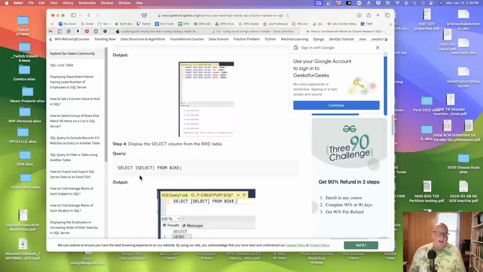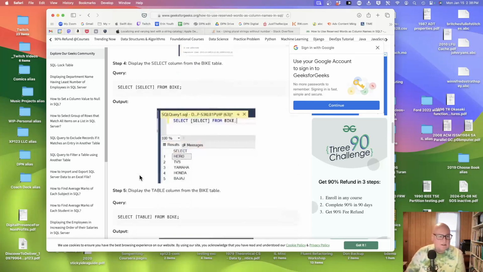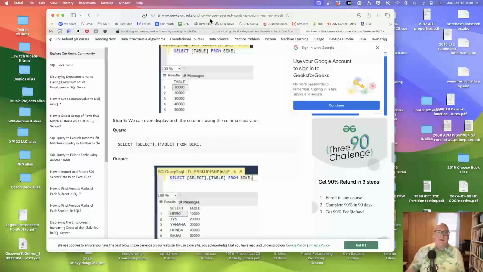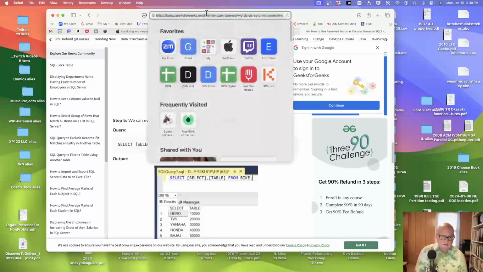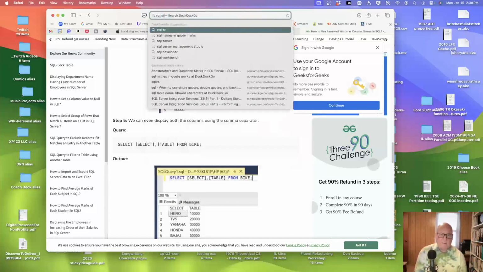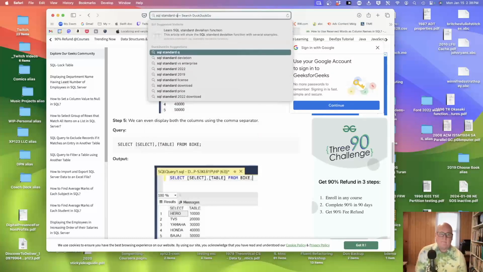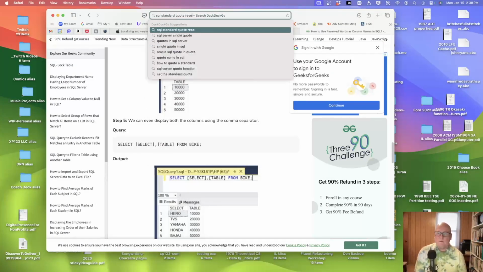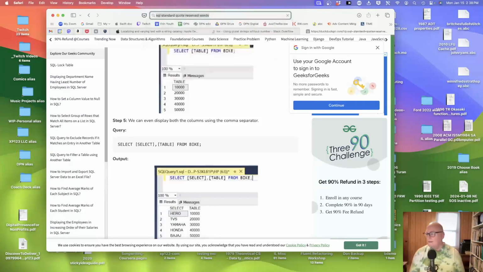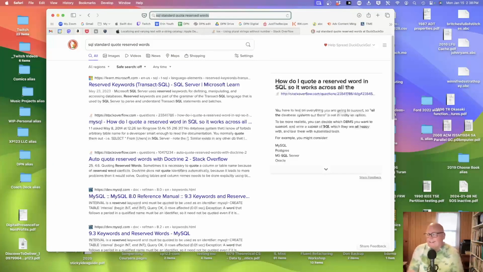Oh, you can put them in brackets. Yeah, that's true too. Well, let's find the SQL standard. Quote, reserved words. Yeah, so just take it off your system and rename it to Y code so you don't remember how to find it, or